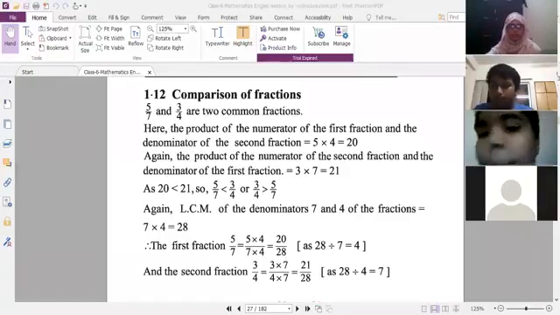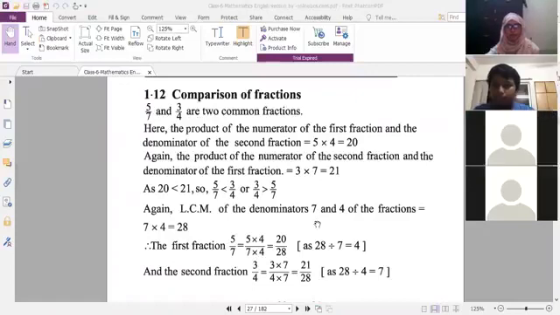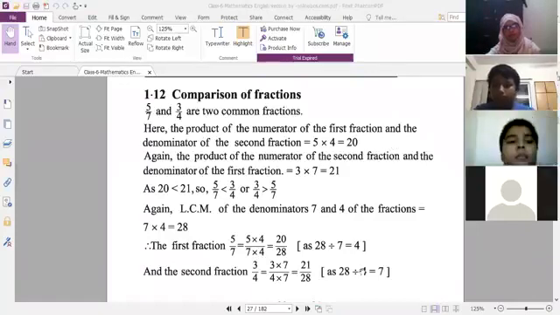Combination of fractions. Here, 5/7 and 3/4 are two common fractions. Here, the product of the numerator of the first fraction and the